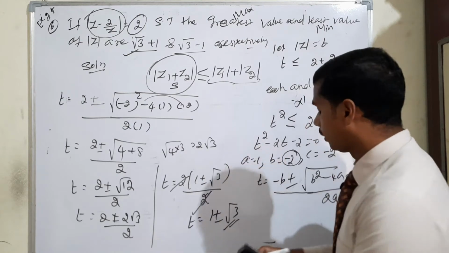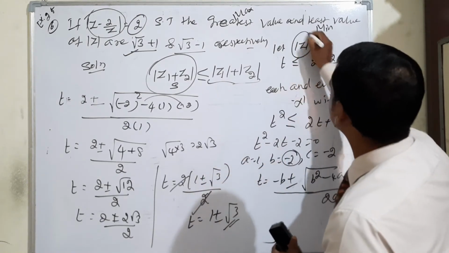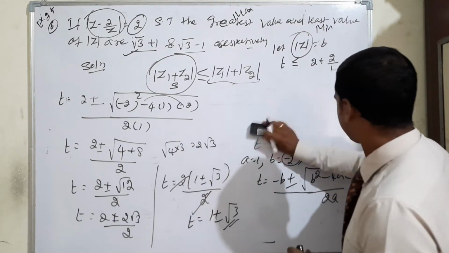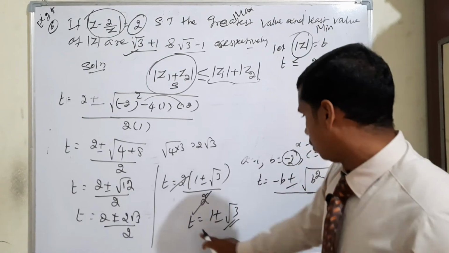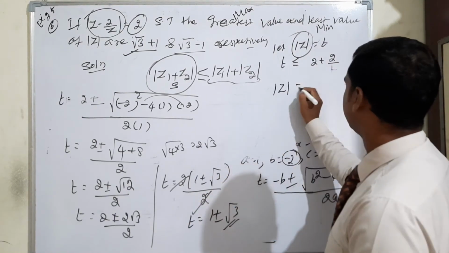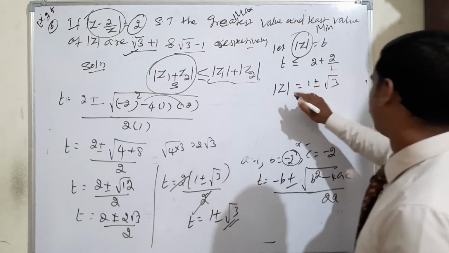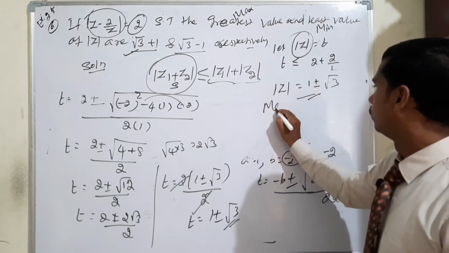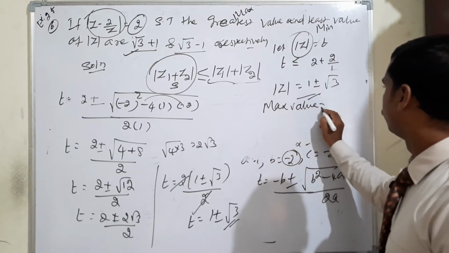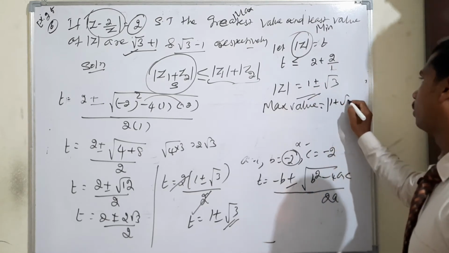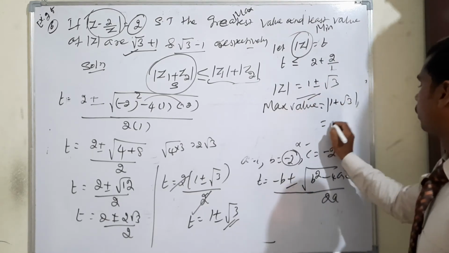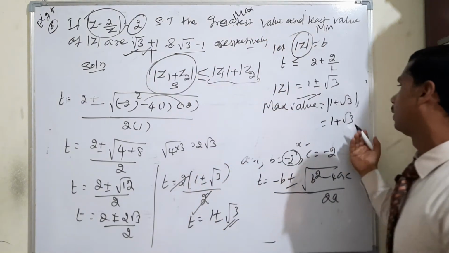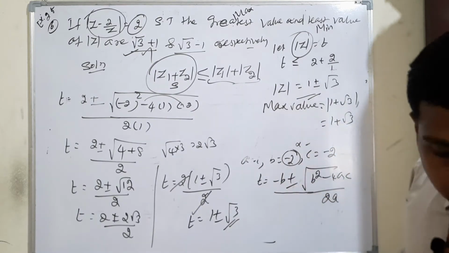So what is the value? Let us consider t is equal to modulus of z. Look at there, listen very carefully. So modulus of z is equal to 1 plus or minus root 3. From this last term we can split it into maximum value and minimum value. So the maximum value is modulus of 1 plus root 3. So we can write directly, modulus of 1 plus root 3 means 1 plus root 3 is the maximum, the greatest value, root 3 plus 1. So 1 plus root 3 is correct, root 3 plus 1 is also correct. But the minimum value, listen.